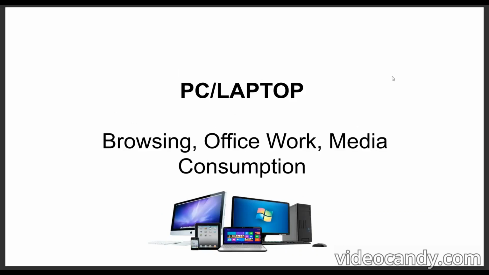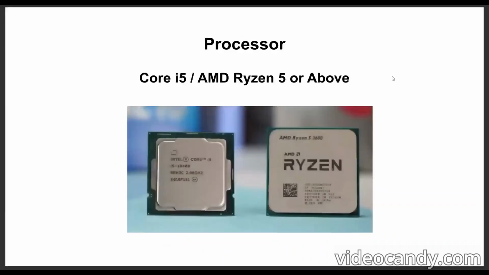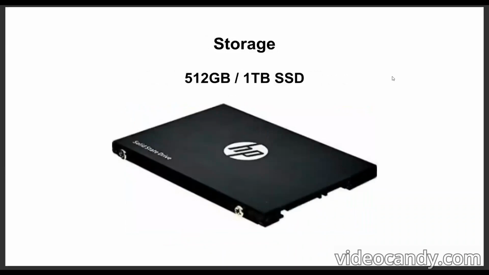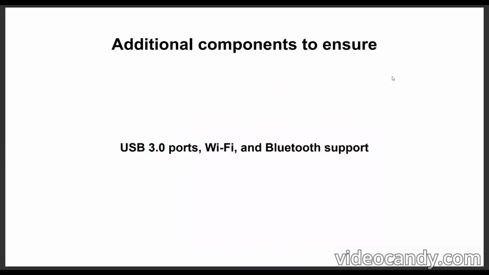For tasks like browsing, office work, and media consumption, the minimum requirements for your PC or laptop include at least 8 GB of RAM, a Core i5 or AMD Ryzen 5 processor or above, and 512 GB to 1 TB of SSD storage. You'll also need either integrated or entry-level dedicated graphics like NVIDIA GeForce MX 150 or AMD Radeon RX 550. Make sure your system has USB 3.0 ports, Wi-Fi, and Bluetooth support for optimal functionality. Don't compromise on these requirements, as the latest versions of Windows demand them for smooth performance, otherwise, it could lead